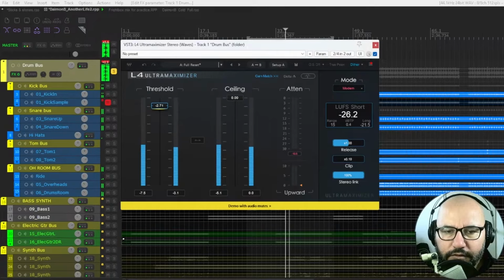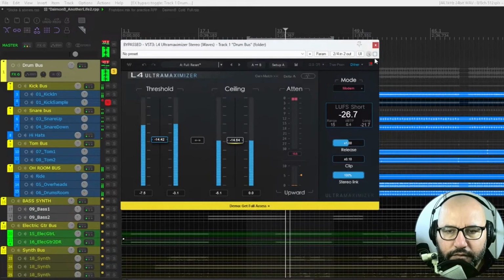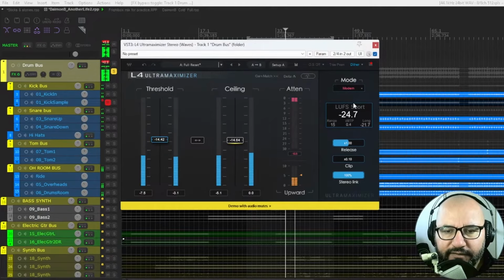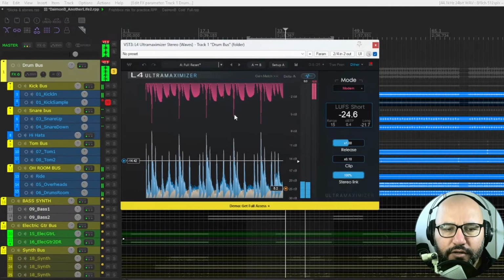Let's go. Gain match. There it is. Same perceived loudness. Let's increase it. Okay, there it changes. Yeah, but we can use this. Minus 14.42. Okay, the same relative loudness. Very cool. And if we move to the other settings,